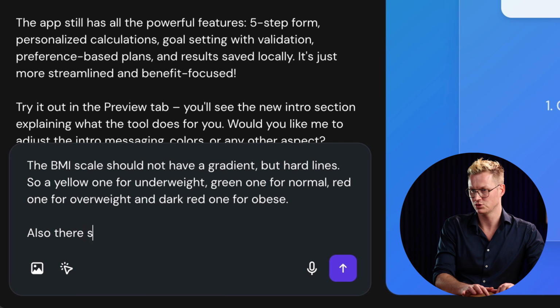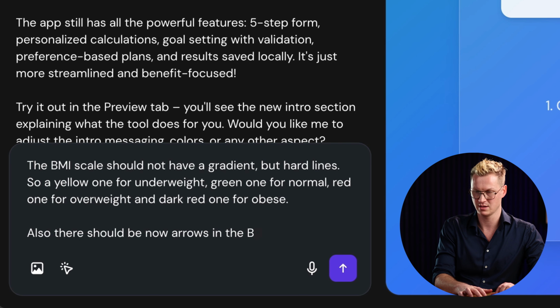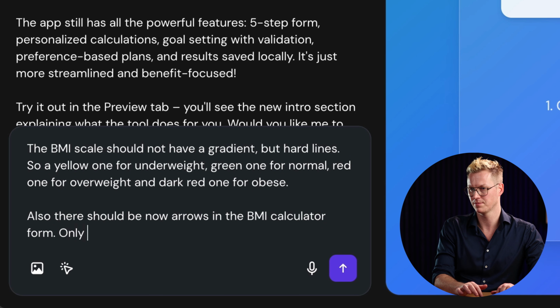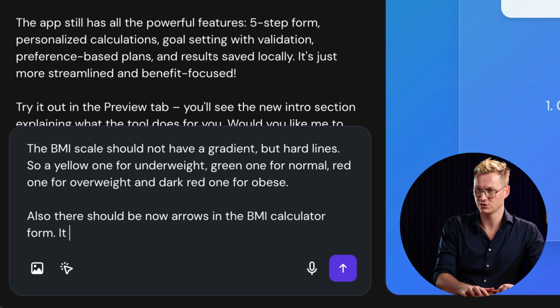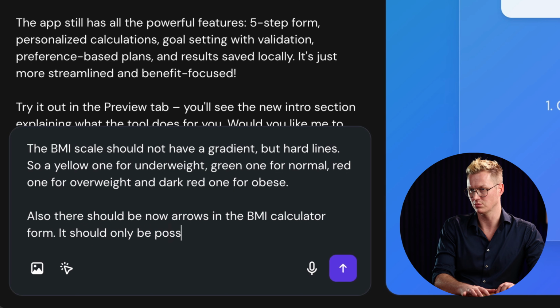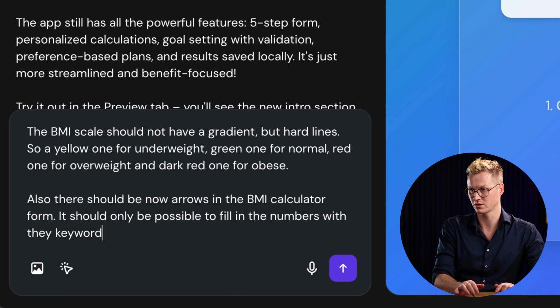Also, there should be no arrows in the BMI calculator form. It should only be possible to fill in the numbers with the keyboard.